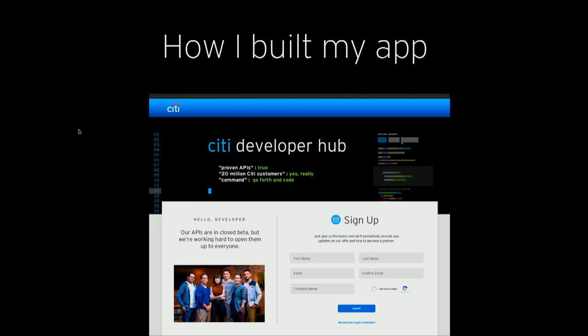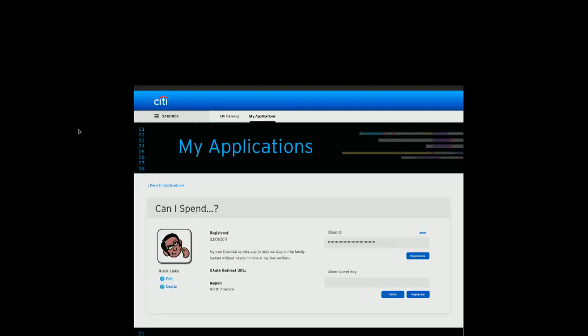And if I click on the activation link, it'll take me to another web page where I can put in a unique username and a password. So once I'm done with that, I am off and running. So this is a logged in experience. The first thing I'm going to do, and what you will do, is to go into My Applications tab. The My Applications tab is where you can put in as many applications that you want to create.